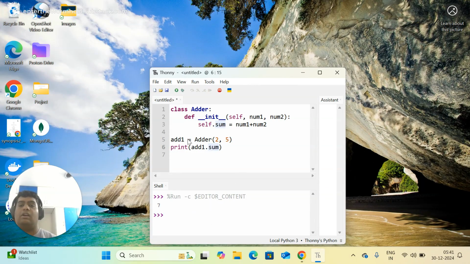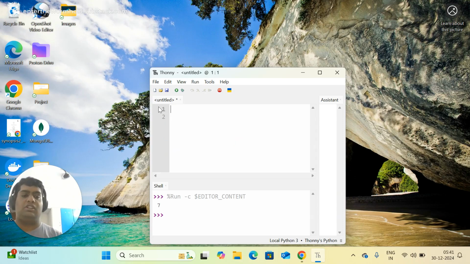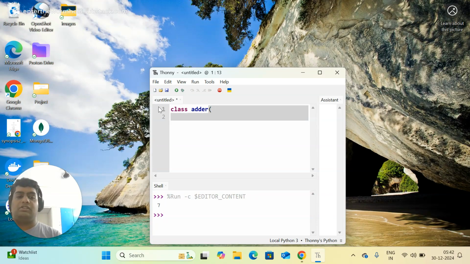This should give you an idea of how the object and the class works. Now we will also see what an initializer is and how the program works without one. Now we'll create a program without an initializer. So class, say the same Add class without the initializer. So we just put self, num1, num2. No, that doesn't work. I'm sorry. Now how do we take in the variables? Without an initializer we cannot take the variables from an external object. So we have to use either the getter and the setter method, which we'll learn later in the course,